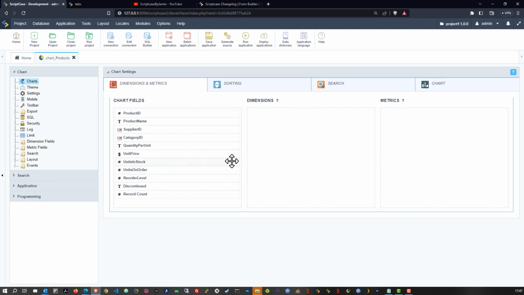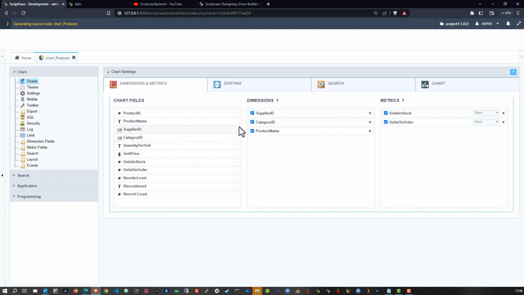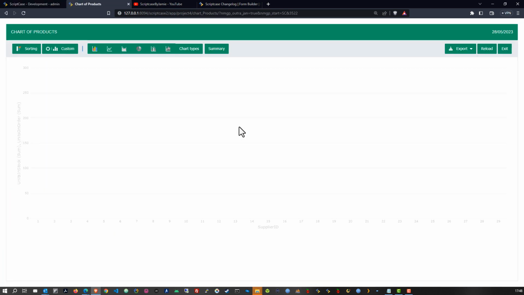Okay, so now we have our dimensions. So I'll add some dimensions in here. Let's say here the product name, category, and the supplier. We can move these around very easily just by dragging and dropping them, you see. And then over on the side here, let's add for the metrics our units in stock and our units on order too. Ooh, scary. Okay, let's go ahead and run that, and we see again just how awesome Scriptcase is